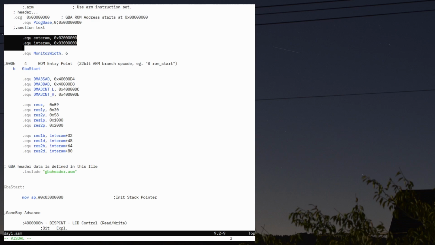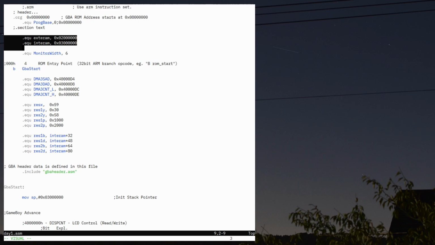I think it's 24 kilobytes of internal fast RAM and 256 kilobytes of external, slightly slower RAM. The external RAM takes 6 clocks to access. The internal RAM, I think, is just 1 clock. Might be 2 clocks, but it's